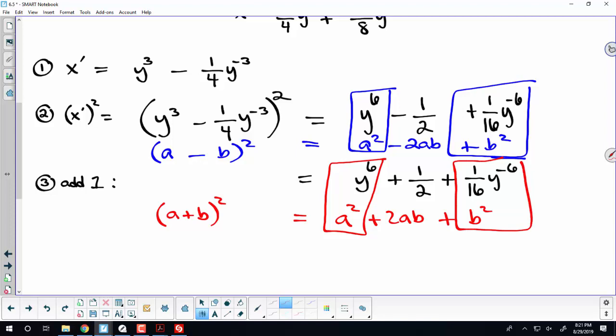Notice the difference here in the middle terms. This is a positive 2ab. This is a negative 2ab. This was a negative 1/2. This is a positive 1/2. These two things, by the difference,